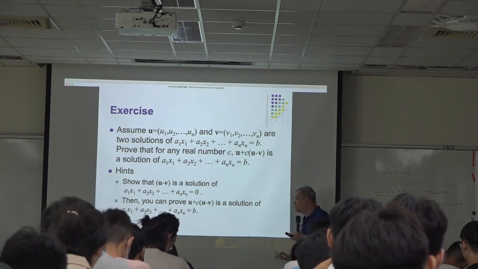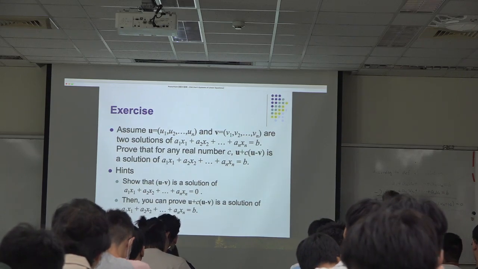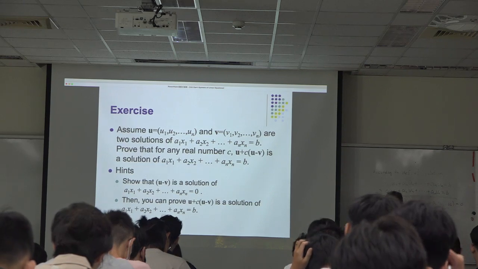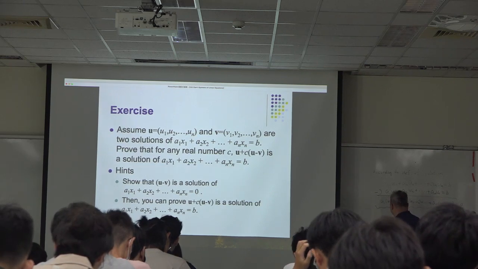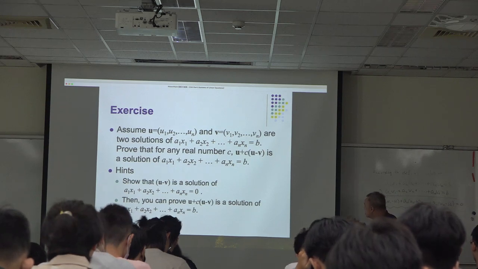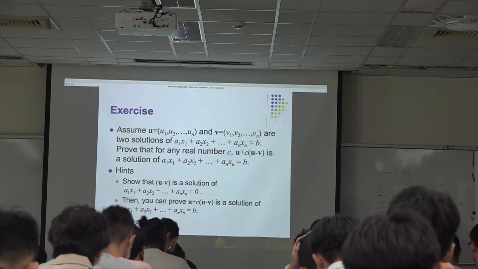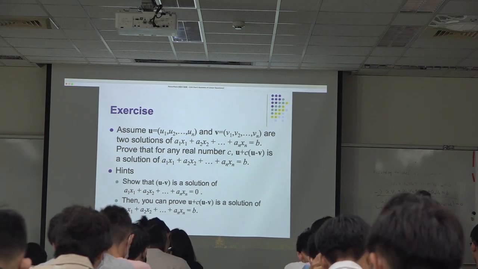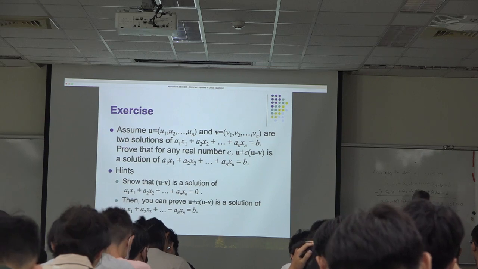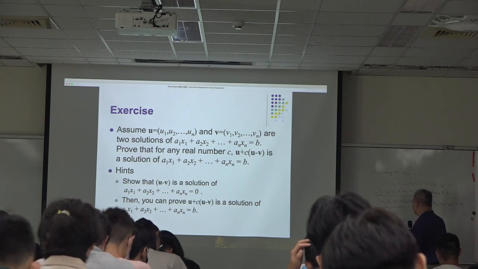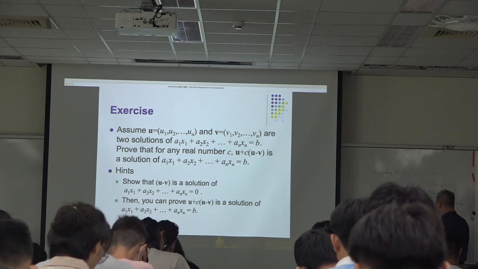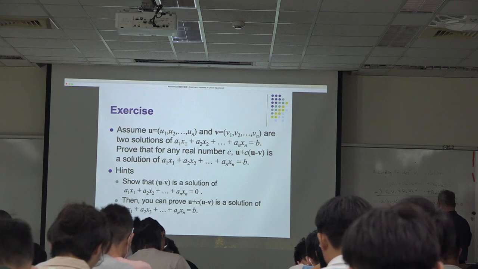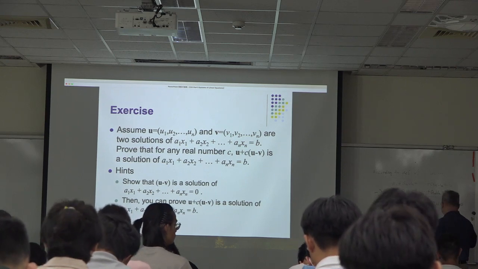We want to show a1 times (u1 plus c (u1 minus v1)) plus a2 times, with x2 replaced by u2 plus c (u2 minus v2),